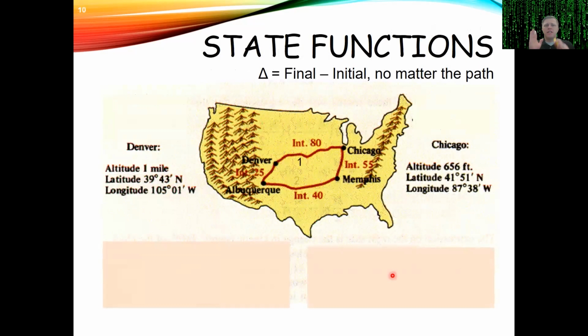So let's get a little more detailed into this state function thing for a minute, just so we can drive this point home. Let's say I'm in Denver and I want to go to Chicago. I can take a couple routes to get there. First, if I go from Denver and just take the I-80, I can get to Chicago in a fairly straightforward route, right? It's not a perfectly straight road, but it's close enough.